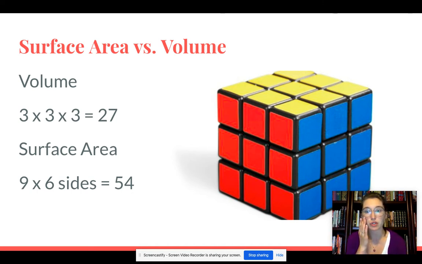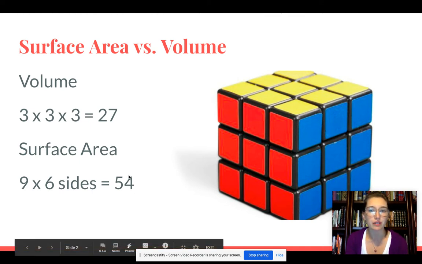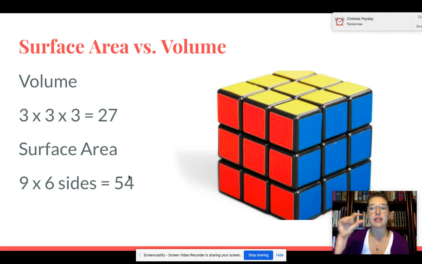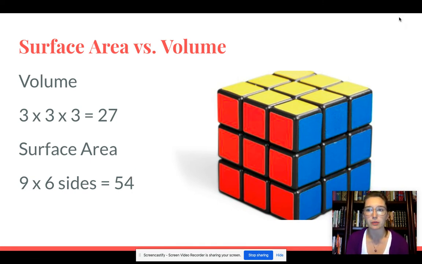And if you've ever used a Rubik's Cube before, or you're old school like me, then you may have seen the original Rubik's Cubes, you have your own stickers. And so you could even peel these stickers off. And if I were to count how many stickers there are on this Rubik's Cube, there would need a total of 54 stickers to cover the outside of the Rubik's Cube, okay? So that being said,